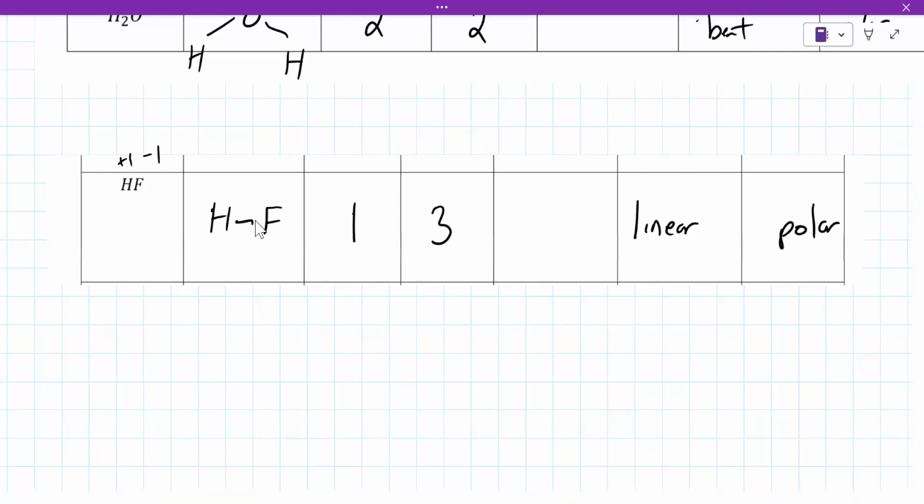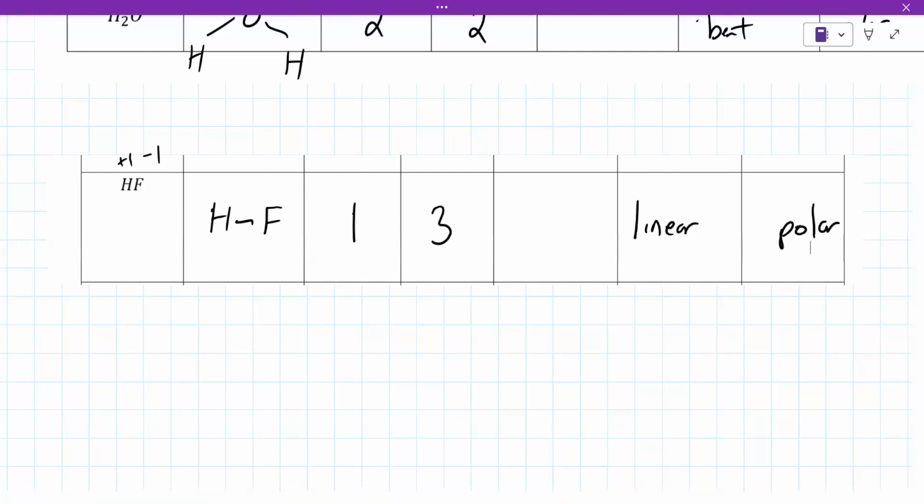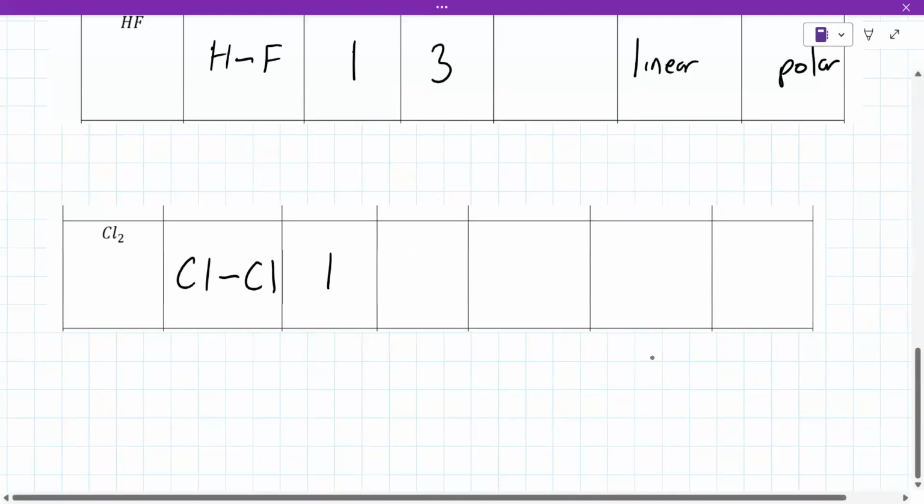Yeah. Okay. The Cl2. Next one is Cl2. Yes, this one's a little bit different because they're the same. Okay. Cl and then Cl. I don't quite understand this first part, but we'll talk about it. So there's Cl and then Cl, and there's one bonded pair between them. So I would think that there are 3 unbonded pairs,